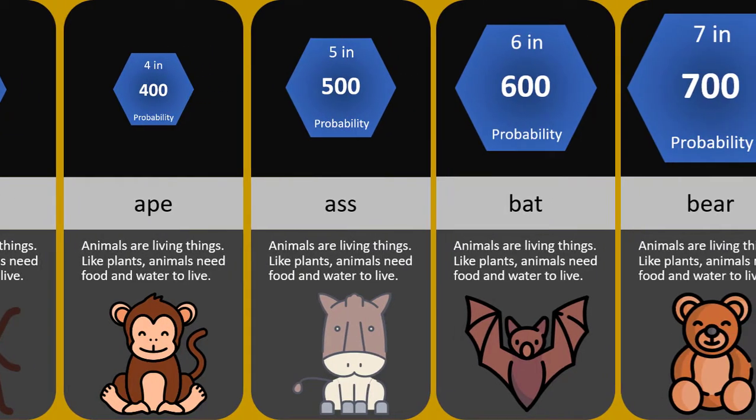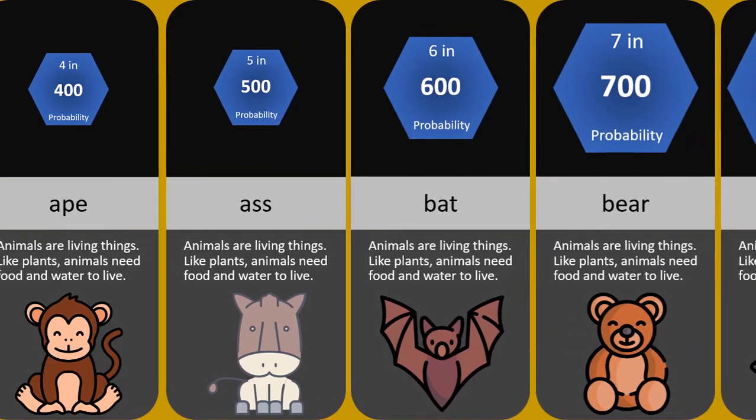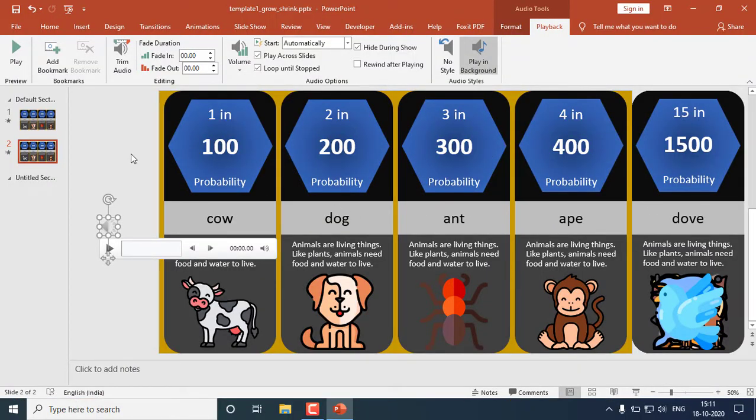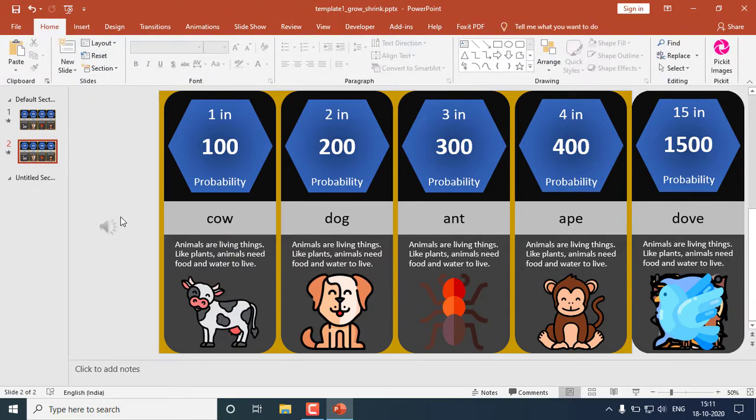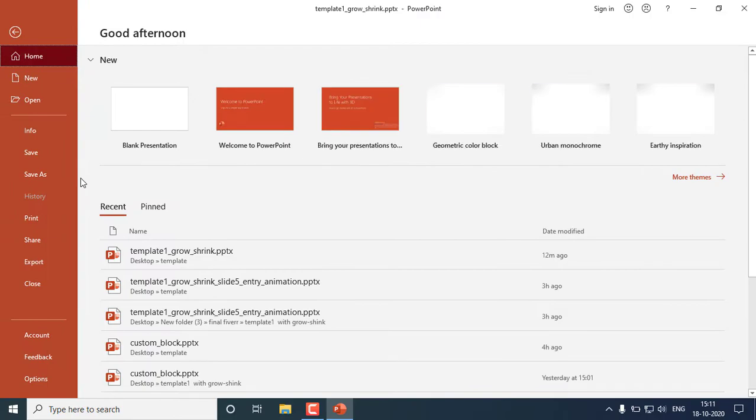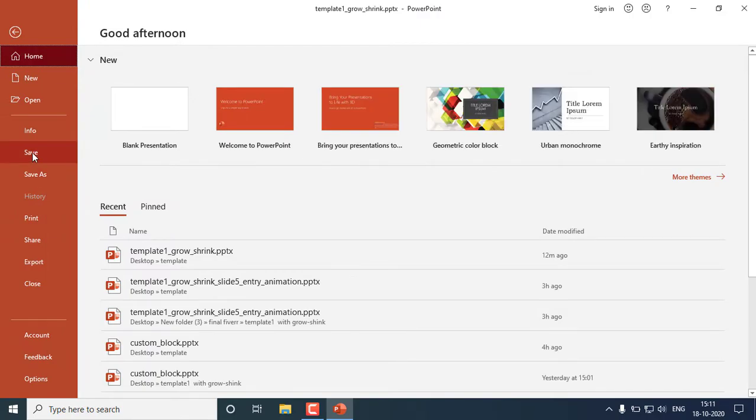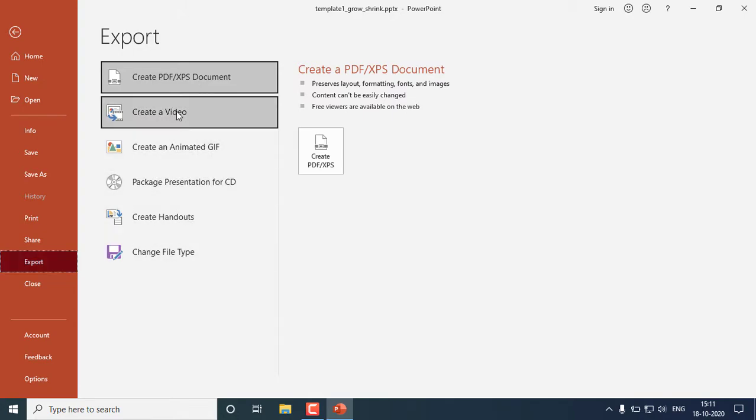Yes, it's done. Now your PowerPoint presentation file is ready, but I strongly recommend you don't render it by saving from here as MP4, Export, Create a Video.